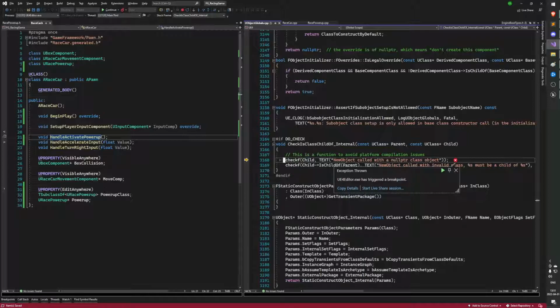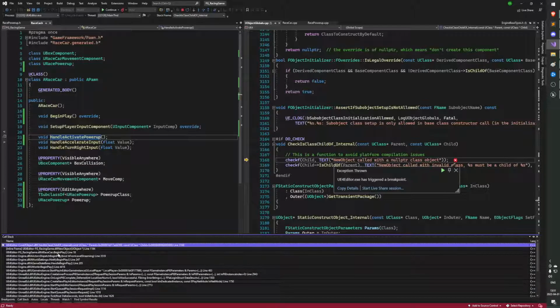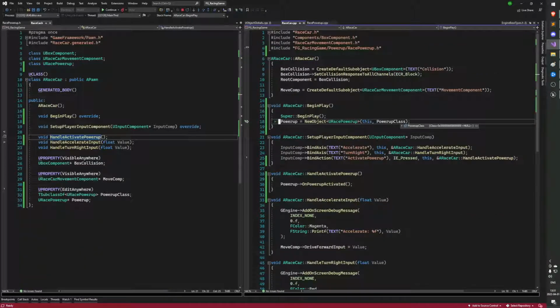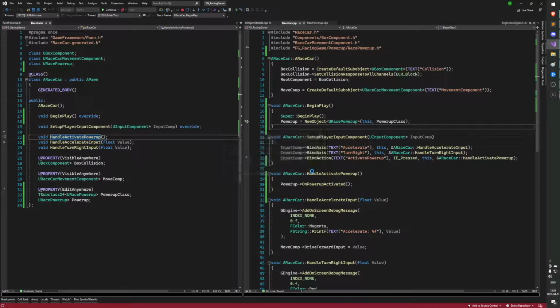Oh. New object called with a null pointer class object. Whoa. Yeah, so we didn't set this class. Whoops. My bad. So that's whack. So it's probably gonna crash, right? I don't know what I changed, but